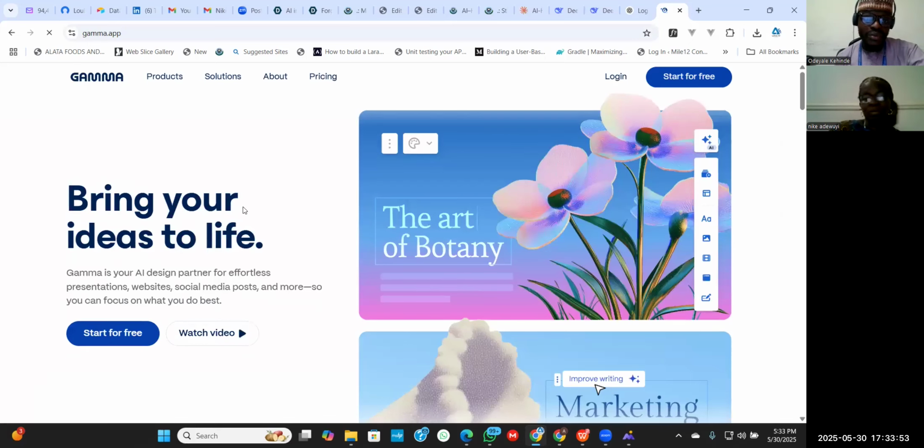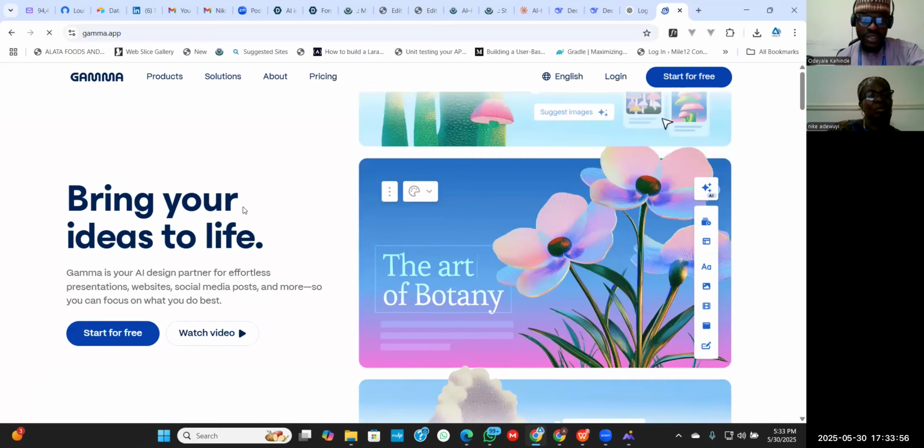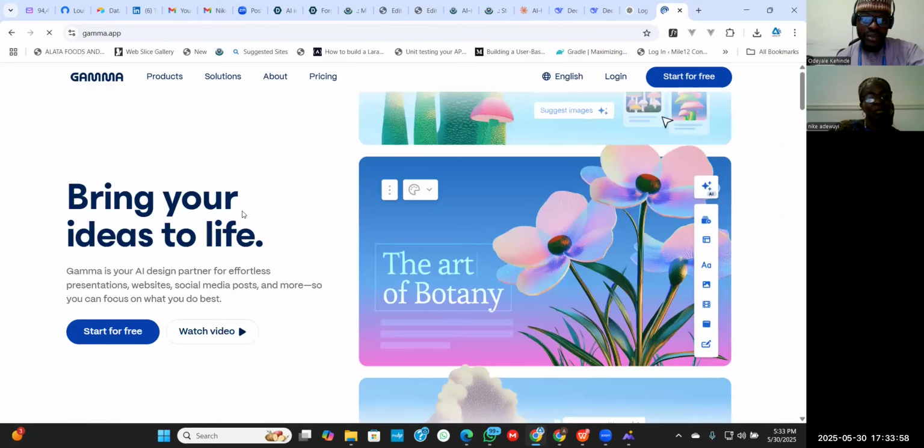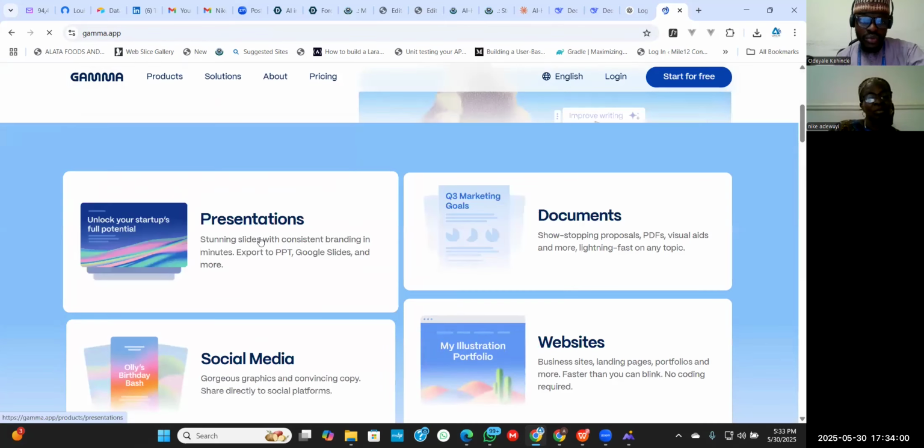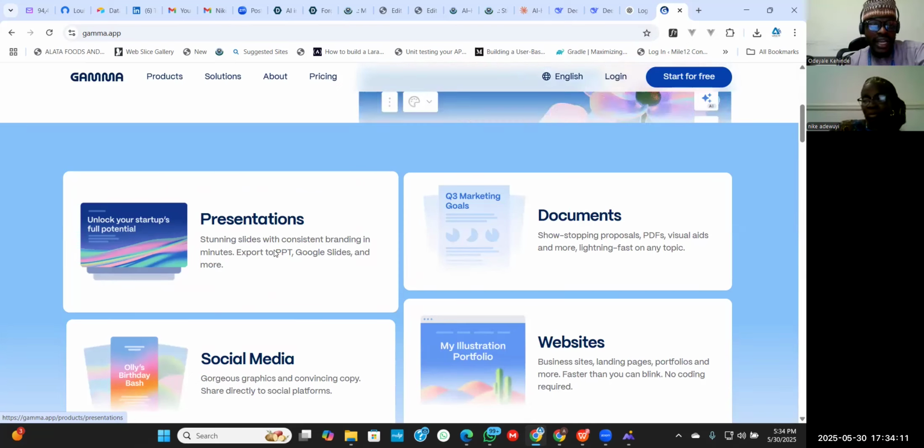You have to sign up on it before you can use it. So maybe you have MS Word now, and you want to do a presentation. You can use Gamma to create slides for you.